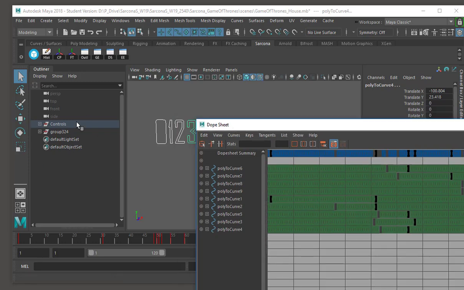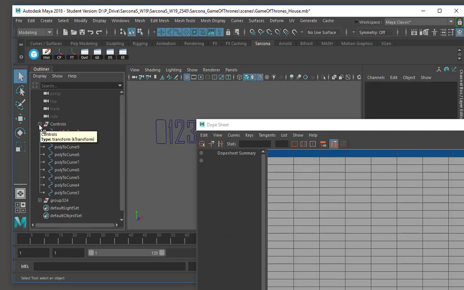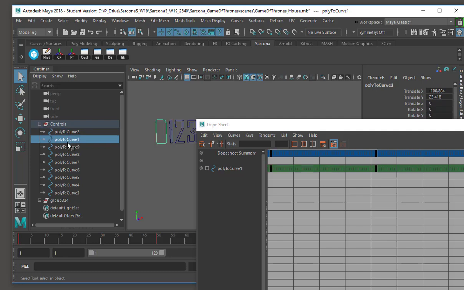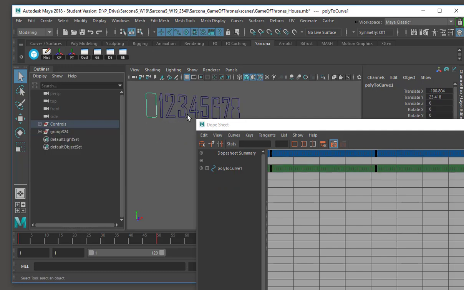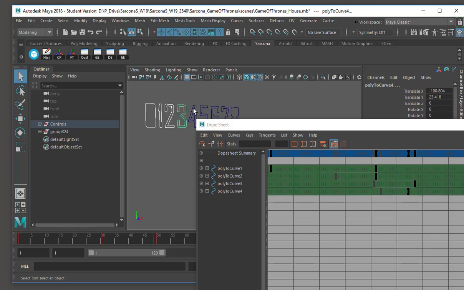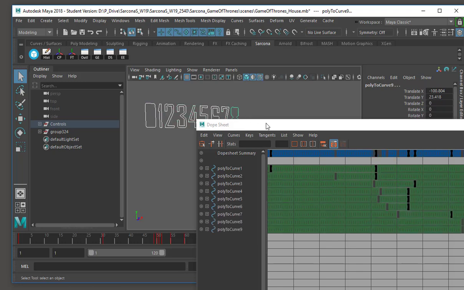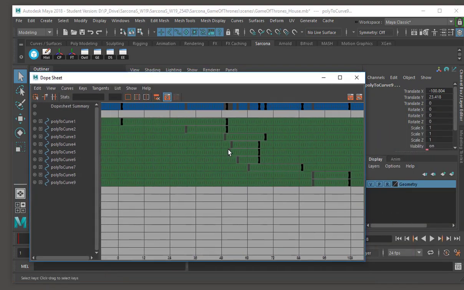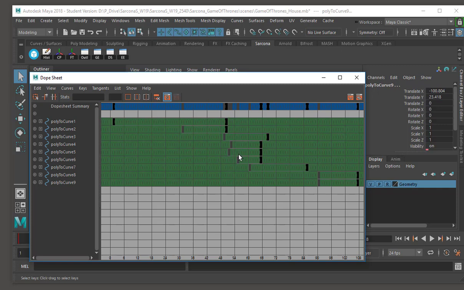So what I'm going to do is use my outliner on the left to select them in the order that I want them to show up in here, so I can see that progression. So I'm going to open up my controls, and if I click on this, I don't know why that one's first. All right, I lied. I'm not going to do that. I'm just going to shift click them in order right here. There we go. Okay. Now this shows them in the order that they're being animated, just so you can see a couple of